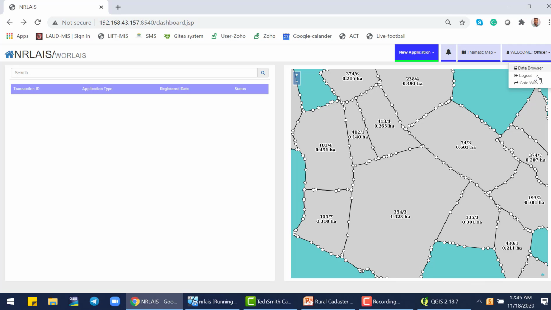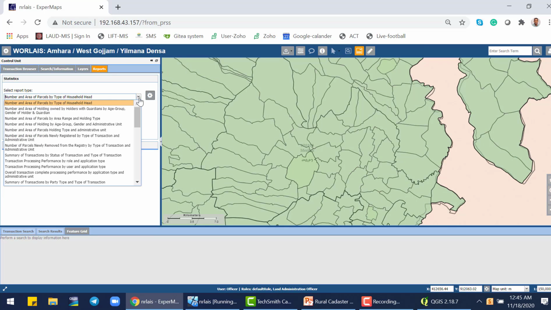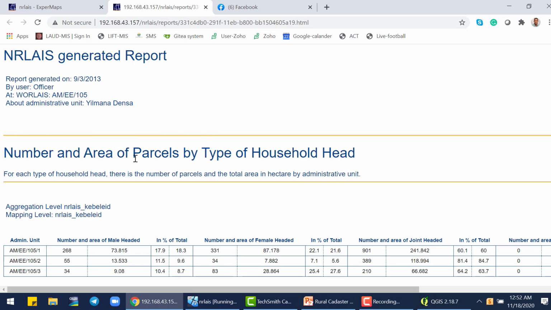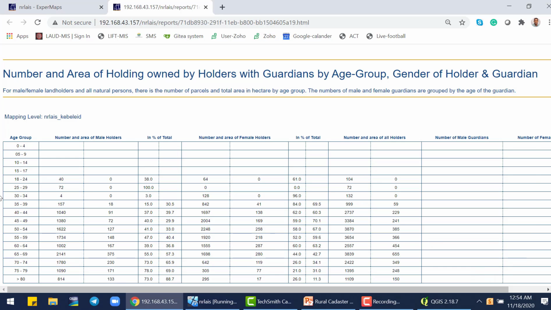Fine. So the second important thing is the report, based on the subsequent transactions. For the reports, we have the standard report and the custom report. Let's see some reports, for example, based on the household: male headed, female headed, joint, and institution. So this is very important. The other thing is based on the age group. These age groups are very important, for example, for use in further investigation and analysis. This is based on the age group. So we can easily